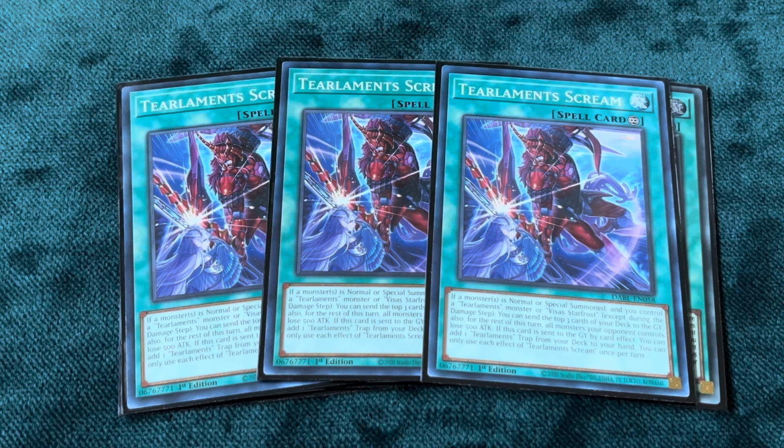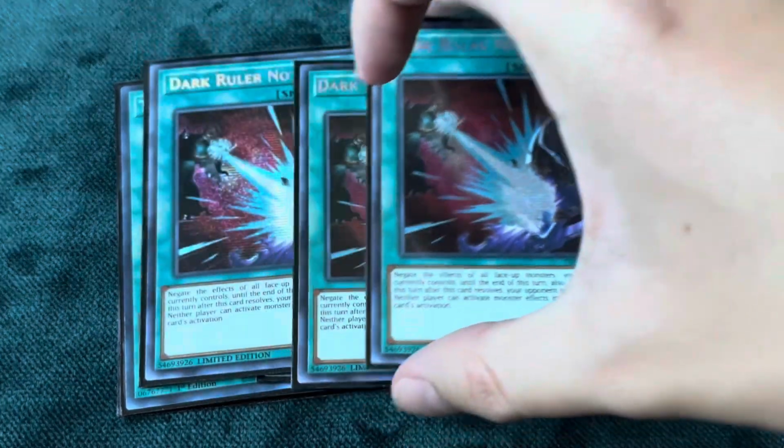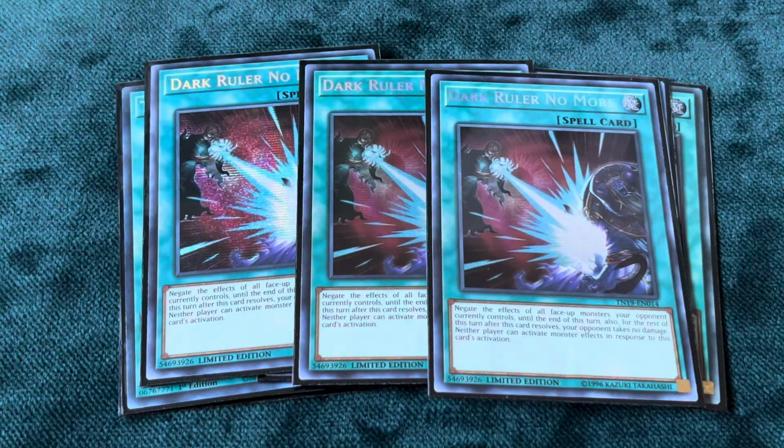And then for the next 3 of, this is always the flex spot. I used to play Super Poly, but for now, I decided to actually play Dark Ruler No More. I really like how Dark Ruler No More, in addition to not needing to discard, because sometimes you don't want to discard with cards like Super Poly, is able to answer so many different decks, because let's face it, this is a very